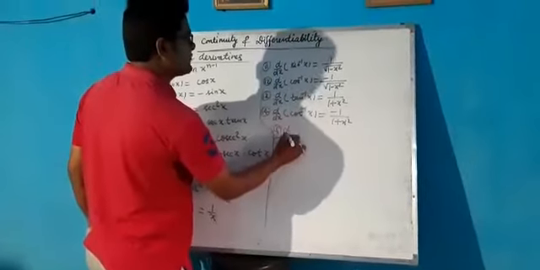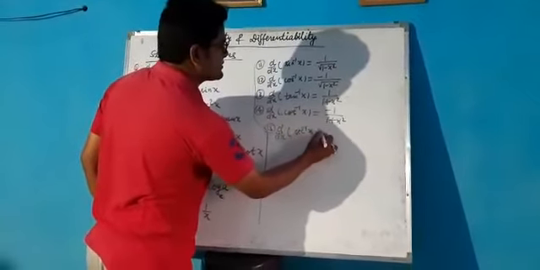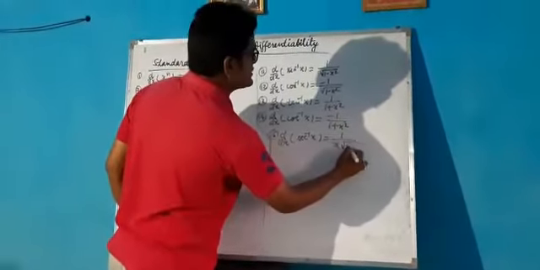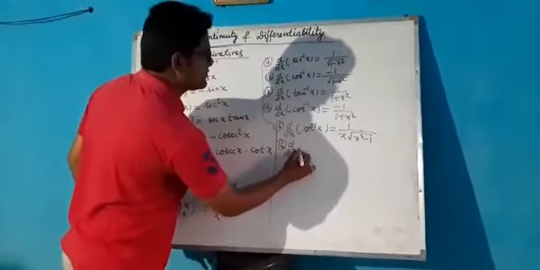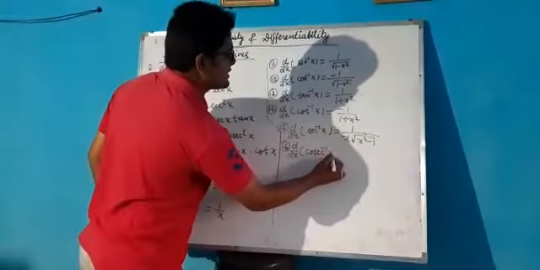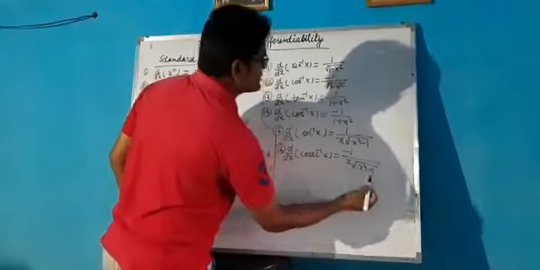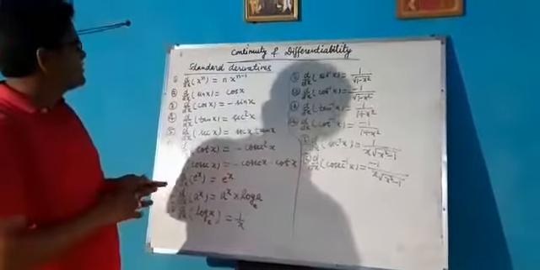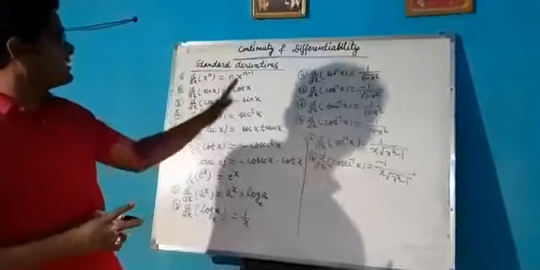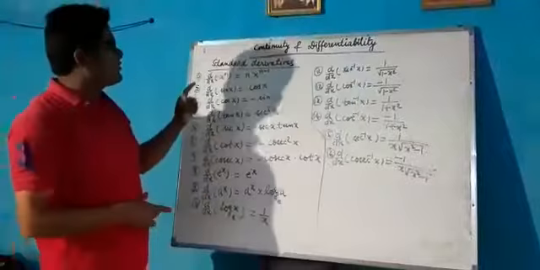Then derivative of sec inverse x is equal to 1 by x root under x square minus 1. Then derivative of cosec inverse x is equal to minus 1 by x into root under x square minus 1. So in this way I have written all the 16 basic standard derivatives. Now, based upon them we can make many formulae. For example, for x to the power n, I can make 2-3 more formulae.